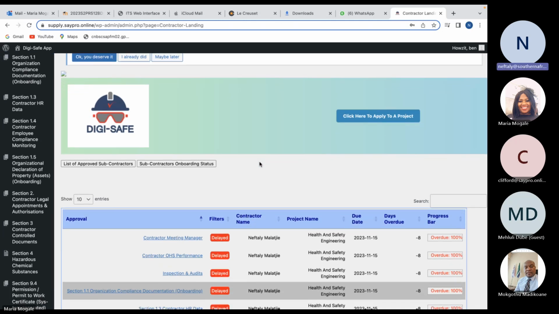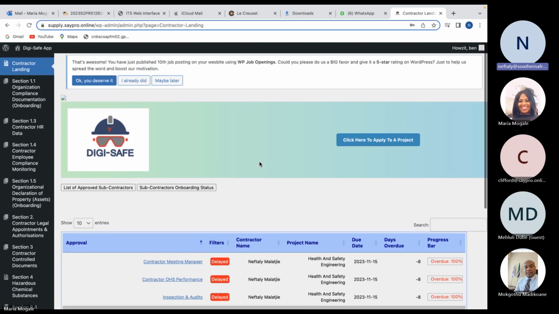Okay, click here to apply to a project. Before I can even click to apply for any project, whatever the host has sent to me initiating onboarding, we thought we were going to see, when I log in, an alert for you from Anglo American.